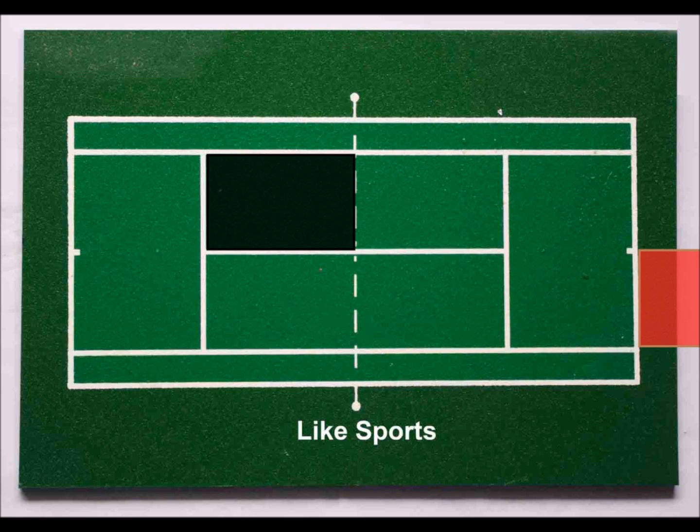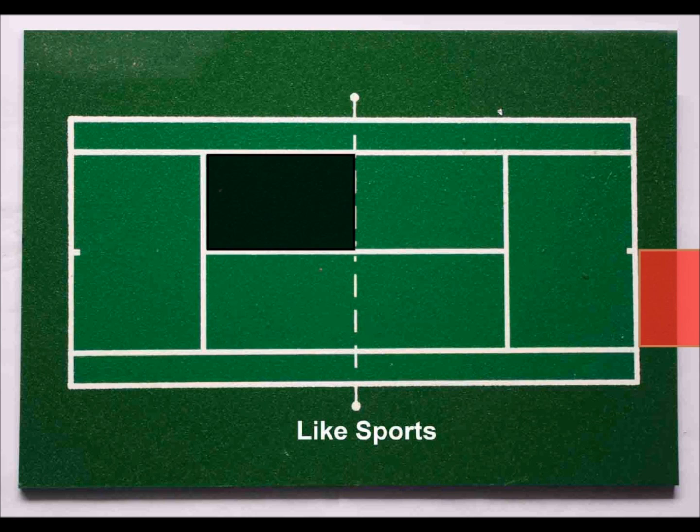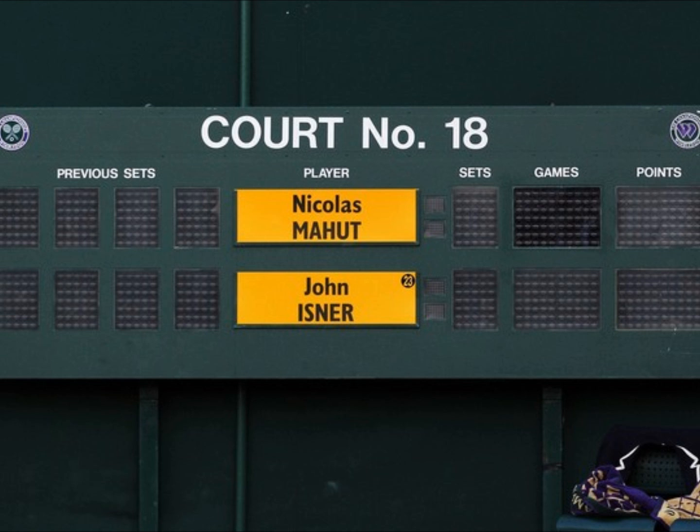And it happens alternately. You have to serve first from the right and the next from the left, then next from the right, then next from the left, and so on. If you take the second point, the score becomes 30 love. If you take another point, then the game becomes 40 love. If your opponent takes a point, then it becomes 40-15. If he takes another point, it becomes 40-30. If you take a point after 40, then the game is yours.